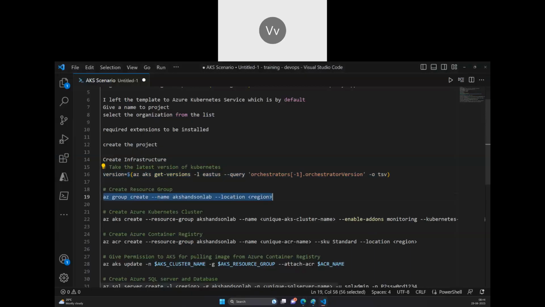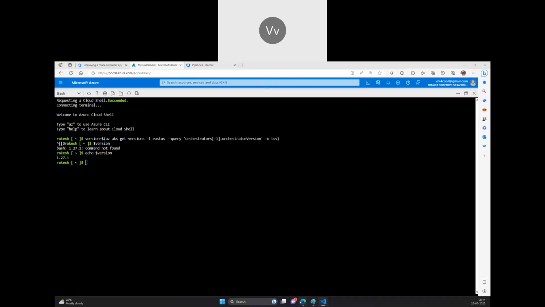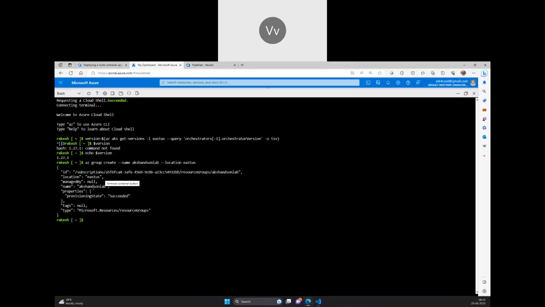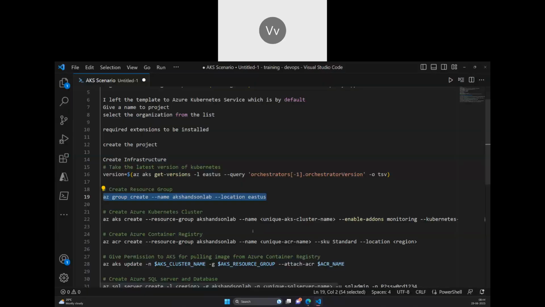Now we will create a resource group. It's in East US. The resource group is AKS Hands-on Lab. That's it. Now create, save. Okay, there, I created a resource group. Now the next thing is